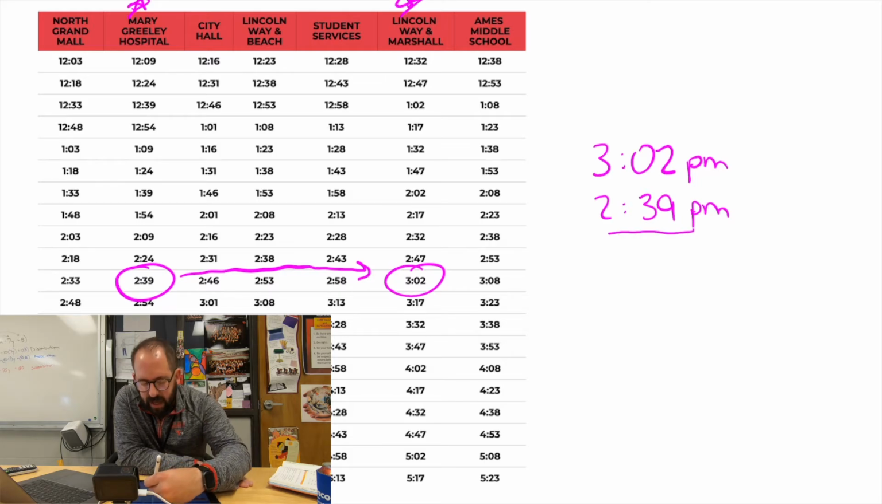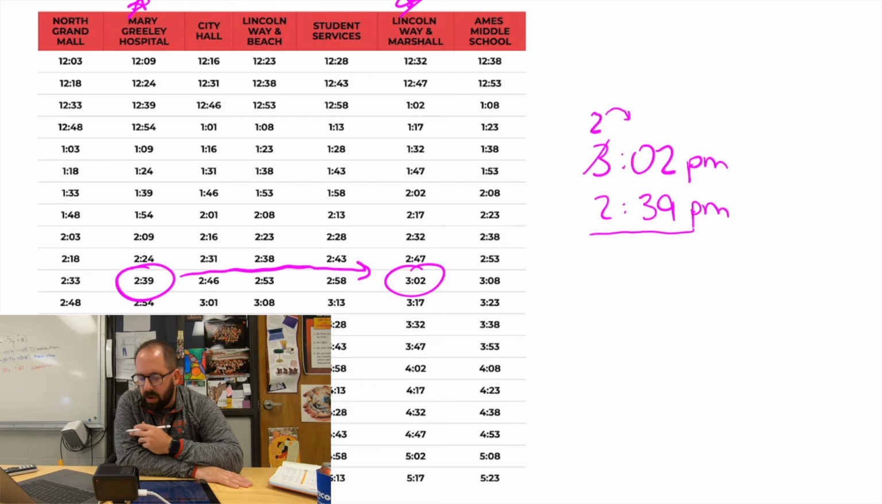So in this case, I can't just subtract. I'm going to have to borrow, making this a 2. This is called borrowing for subtraction. I'm going to make that 3 hours, 2 hours, and so I'm going to carry over the number that I borrowed. Now, you're not going to put a 1 in the next column because when you borrow from an hour,